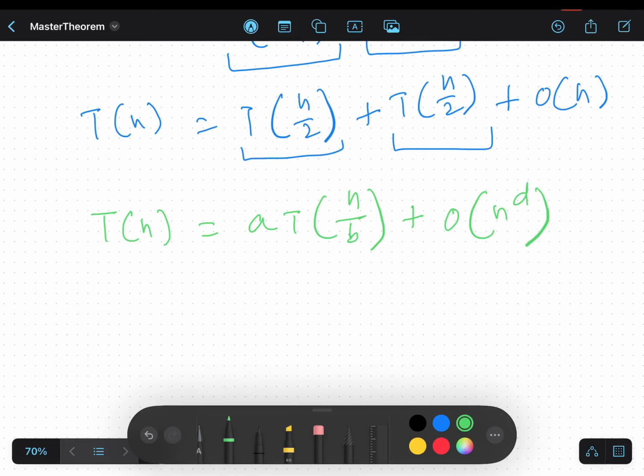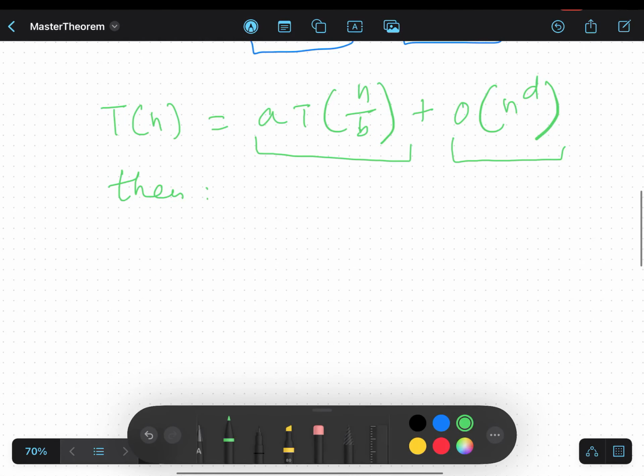Okay, where the main problem is being divided into equal parts, right? And then we have a non-recursive code which is taking some time. Okay, so if we have a recurrence like this, then we say